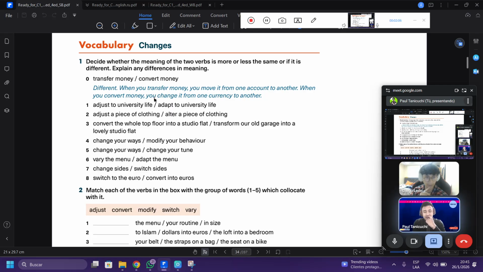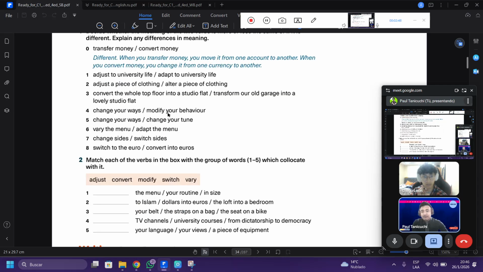They are different actually. Because, for example, if you adjust a piece of clothing, you move it slightly and correct its position so that you feel comfortable. But if you alter something, it could be like you alter this piece of clothing and make changes so it fits better. In the jeans that you bought, for example, you were trying to modify them so they can fit your body, right? That is the meaning, okay.